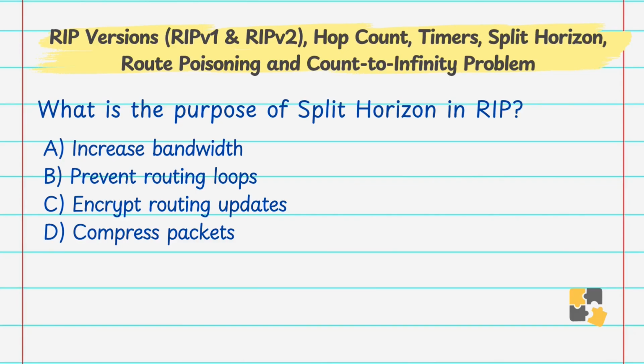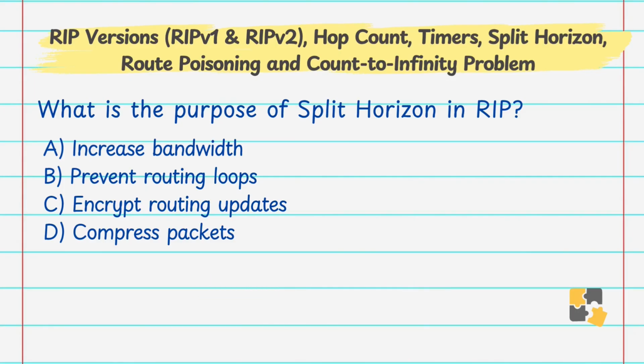What is the purpose of split horizon in RIP? A. Increase bandwidth, B. Prevent routing loops, C. Encrypt the routing updates, D. Compress packets. Answer is B. Prevent routing loops. Split horizon prevents the router from advertising a route back through the interface on which it was